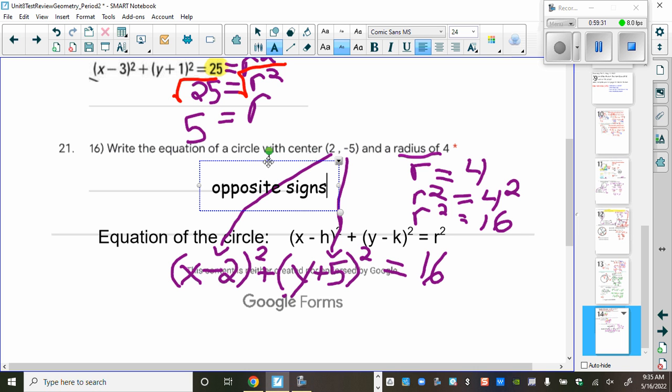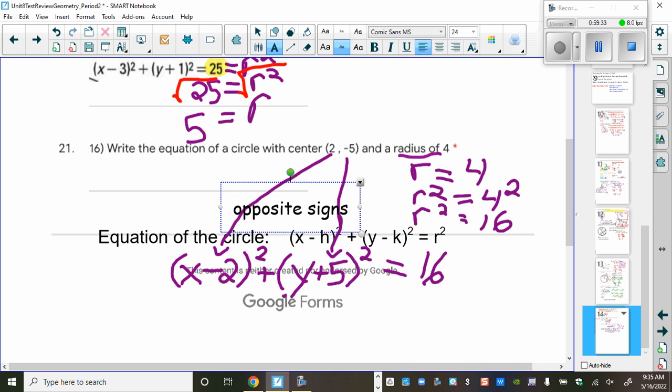All right. So basically, that's everything you need to know for this test. Again, you do have one page in